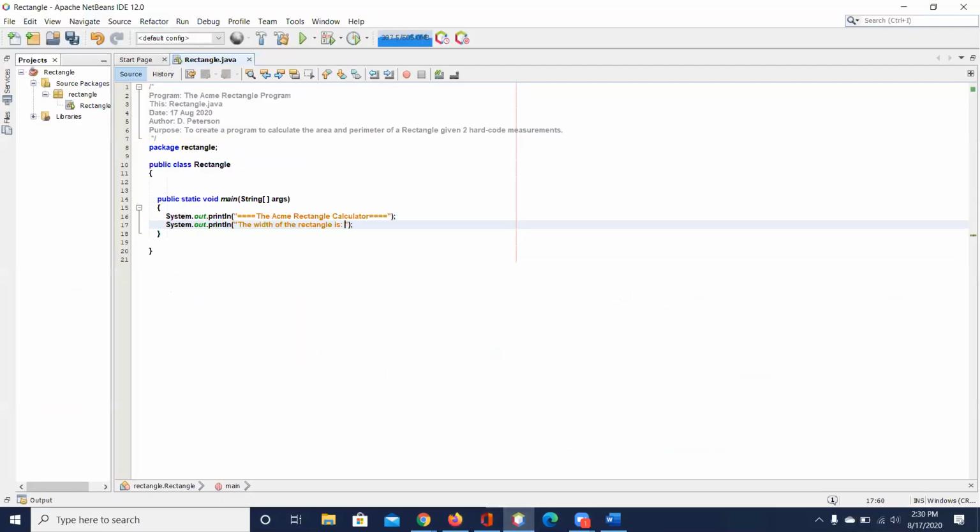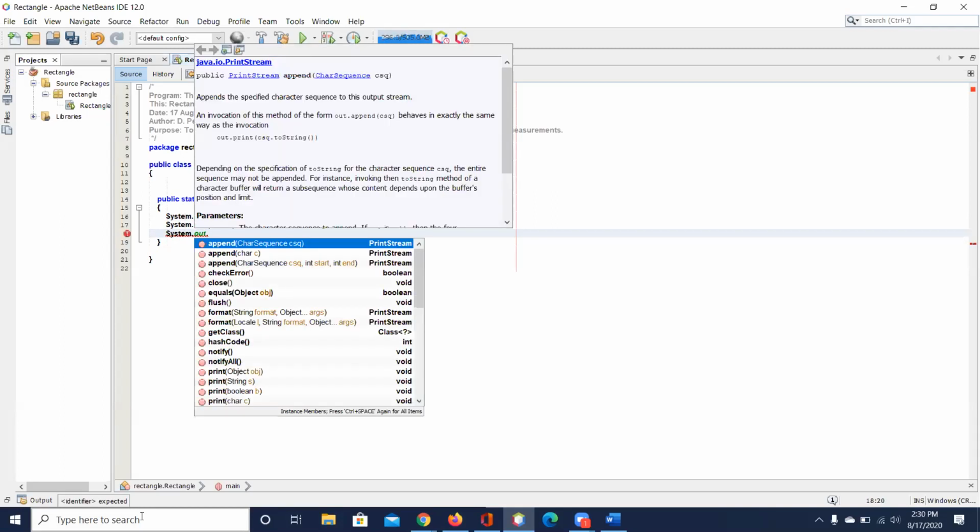So it's 4.5, and we'll actually put units here. And then we can do System.out.print, oops. Notice when you hit a period like that, look what pops up.